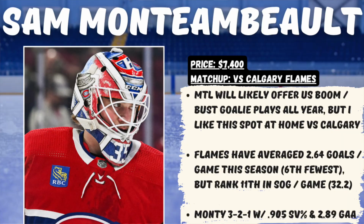And then if I'm looking for a more contrarian, high-risk, high-reward tournament goaltender tonight, it's going to be Sam Montembeault of the Montreal Canadiens. If it happens to be Jake Allen who starts, 100% okay with him as well, but I believe it will be Montembeault based off of how they've been going back and forth. He's priced at $7,400 tonight in a matchup at home against the Calgary Flames. Now, Montreal is likely going to give us this boom-bust opportunity with their goalies all year long,